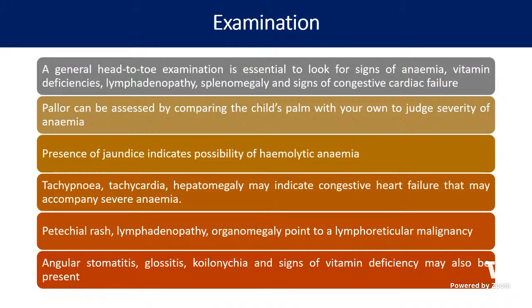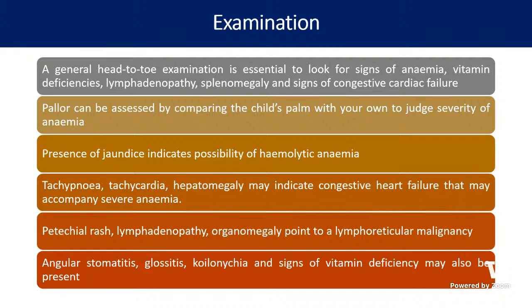When it comes to examination, we have to do a head-to-toe examination of the child to look for signs of anemia. As you rightly said, we have to check the child's palm and see how severe it is. If it looks totally white, it is severe anemia. If at the corners, on the thenar and hypothenar prominences, there are some pinkish islands and the center is pale, it is called some pallor. If it is all red, or red and pink, it is no anemia. Okay, so severe anemia is where it is totally white.